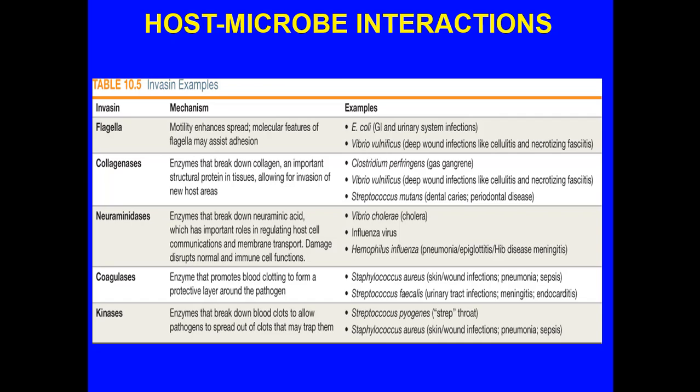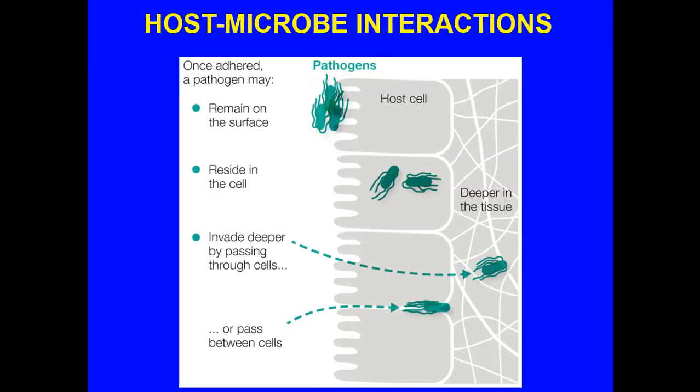You'll see this with Clostridium perfringens. It doesn't sound familiar, but it's also known by something a little bit easier to remember: gas gangrene. Yes, this is the bacteria that breaks down tissue and will actually form some types of gas as it's creating this infected tissue and dead tissue, okay? Neuraminidases, coagulases, and kinases. These are also doing the same thing: invade, destroy tissue, take up the nutrients, okay?